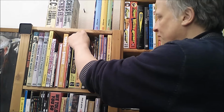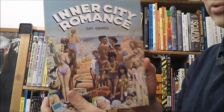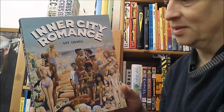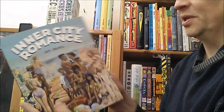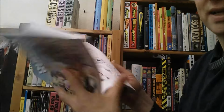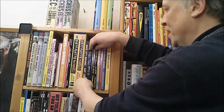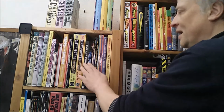I've shown this in a recent video, so if you want to check it out, go for it. Inner City Romance. Comickkrakk did a while ago a pretty good look into this book and talked about it, and I guess it was for me the reason to finally get this book. Then we have Robert Crumb, some stuff. Most of the Robert Crumb stuff that I have are his sketchbooks, and I keep them, let's see, over there. So, but here